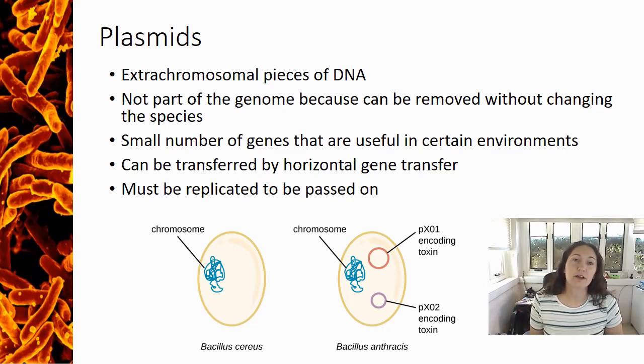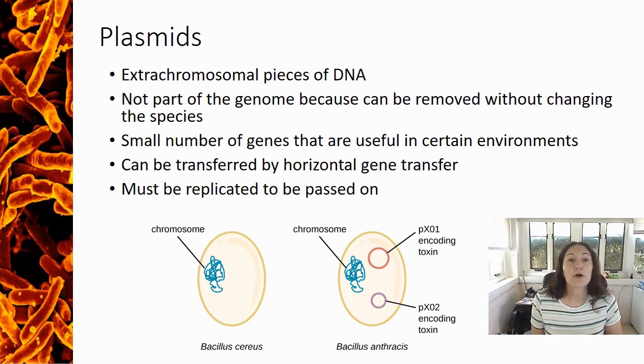the genome itself, but instead confer additional phenotypes or properties to the bacterial species. The process of DNA replication and RNA transcription that we're going to talk about in this chapter have to occur for both the bacterial genome and the bacterial plasmids. This means that most plasmids are replicated similarly to the bacterial genome and that they can be passed to the next generation of cells. A good example of the importance of plasmids is the difference between these two bacillus species